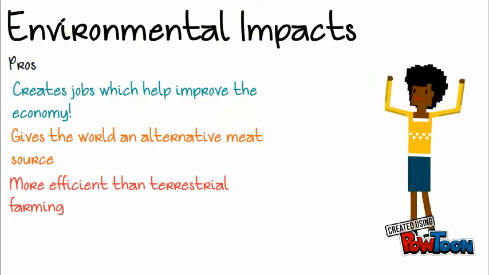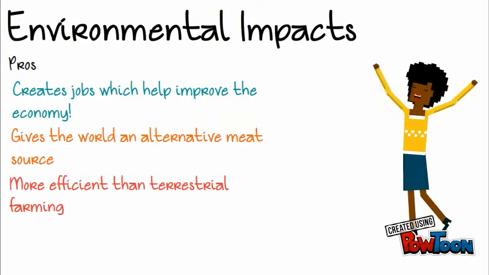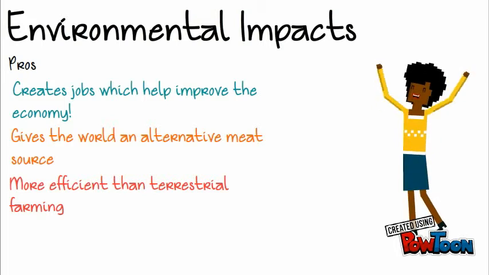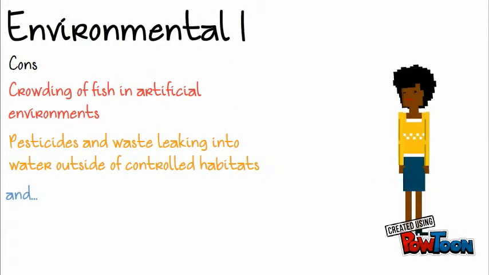Some positive ways that aquatic production impacts the environment is it creates jobs, which improves the economy. It gives the world an alternative meat source, which helps lower the amount of methane pollution. And also, it is more efficient than